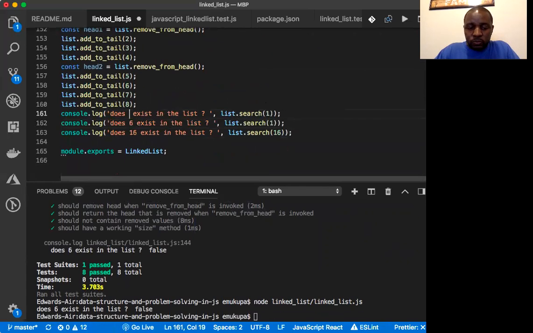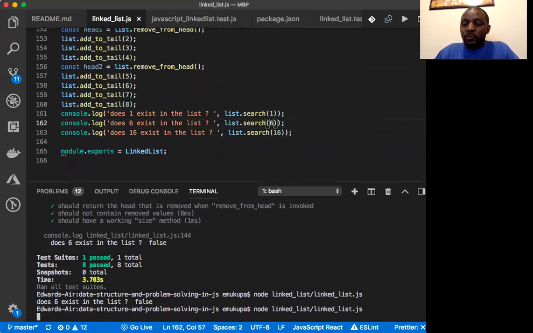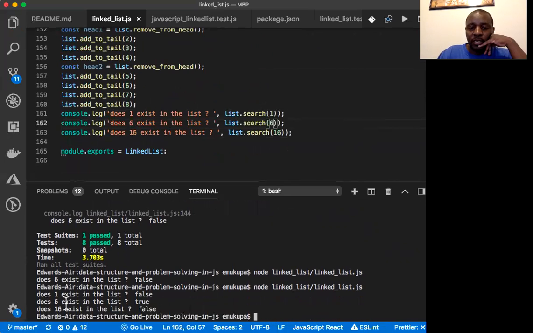So is 1 in the list, and then 6 in the list? Okay. Does 1 exist in the list? No, we took it out by design. Does 6 exist in the list? True. Does 16 exist in the list? False. If we do an npm test,